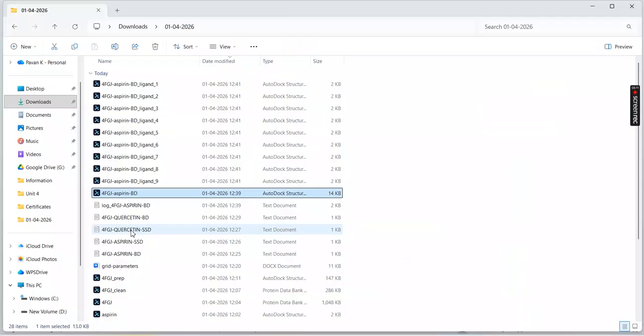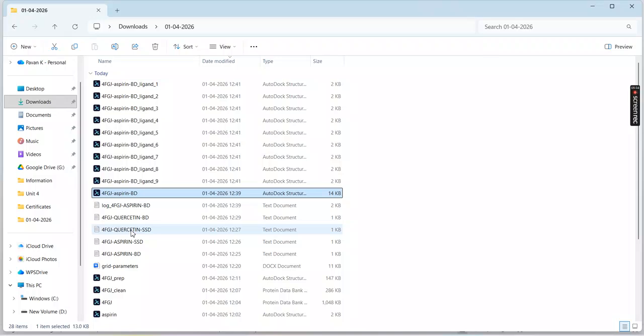Go to your folder. Can you see? What can you see here? You can see all the 9 files. If the command is run successfully, all the 9 files will be separated. If the command is not run successfully, then you don't see the 9 files. You have to check the error part.